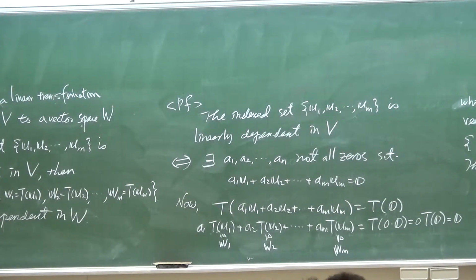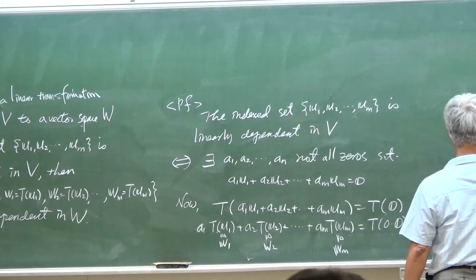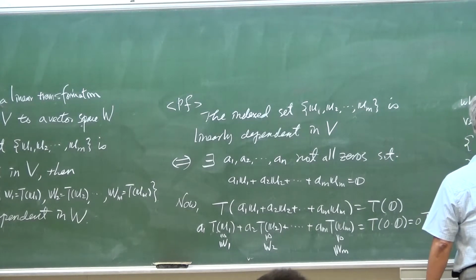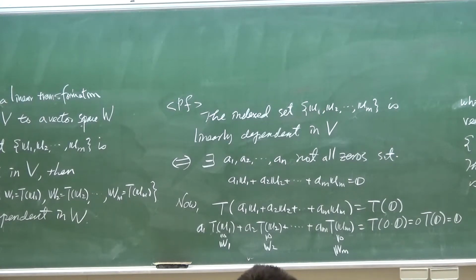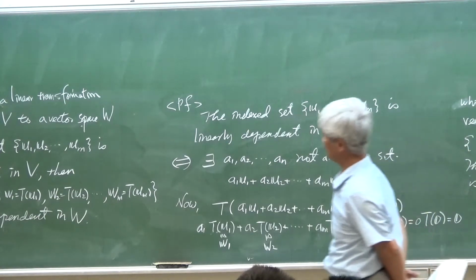Index set B, U1, U2, up to U_M, is linearly dependent in W. So, and the proof. All right, from the proof, I will